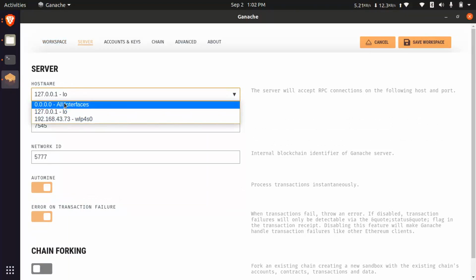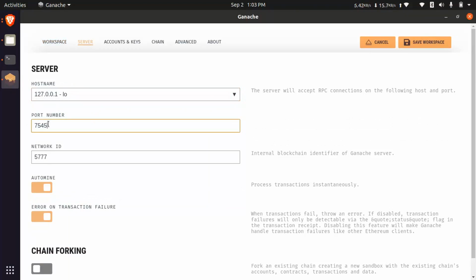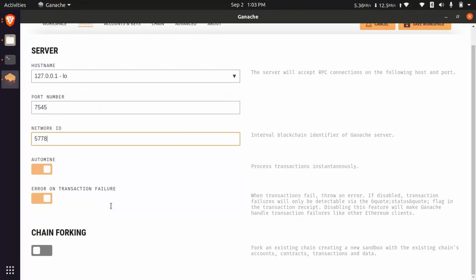I'm entering this port number 7545. Network ID I can modify, like 5778 also. Auto mine: if I disable this, no transactions will be performed in this Ganache. That's why